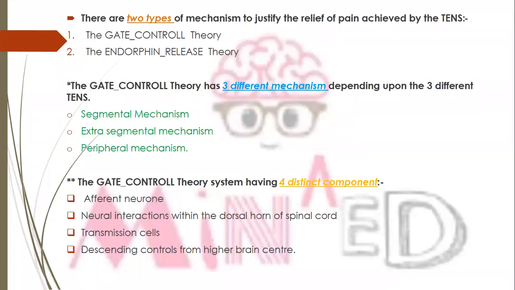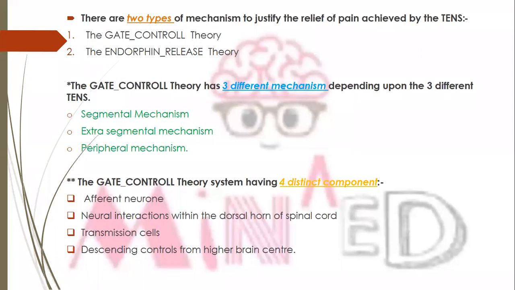Next will be presynaptic inhibition of the T cells, which closes the spinal pain gate to prevent the painful stimulus or impulses from reaching the sensory cortex where the pain is felt. That is, if you want to close the pain gate, the T cells close this to prevent the painful impulses from reaching the sensory cortex where pain is felt. If pain modulation is thus achieved, then you activate the central inhibition of the pain transmission.